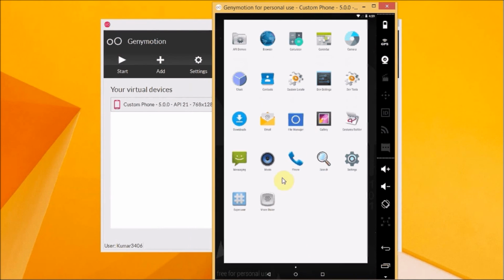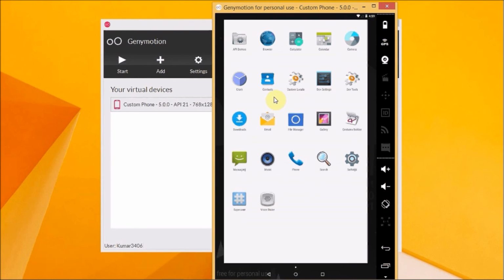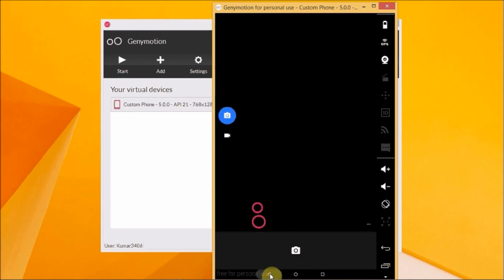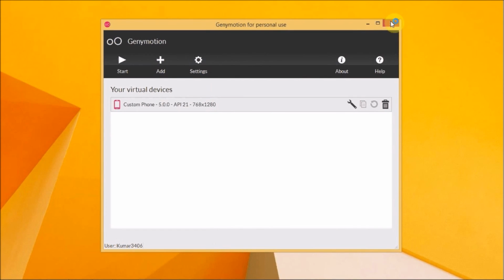We have all the apps like this here, browsers, clocks, etc. So everything is possible from this. There's a camera, but our computer doesn't have a camera connected, so we can connect it through a webcam. So this is the emulator installation procedure. Thank you.